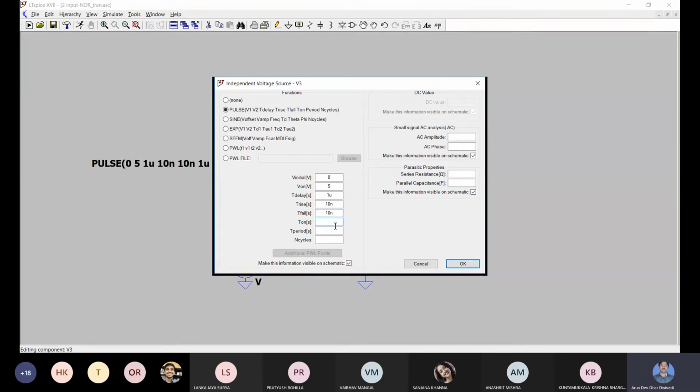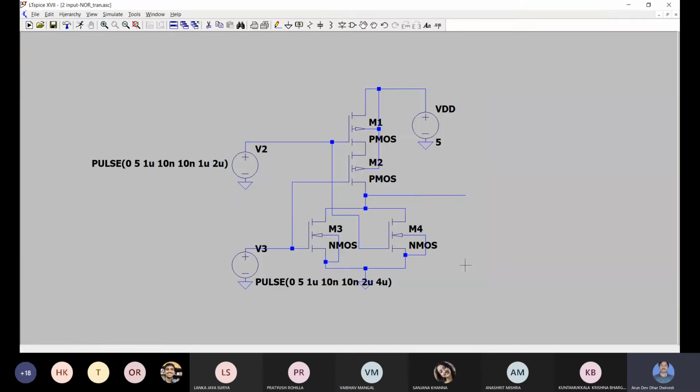On time I am taking double of the previous pulse. So on time is 2 microsecond and period is 4 microsecond, double of the on time. Okay. Click OK. It is placed here.